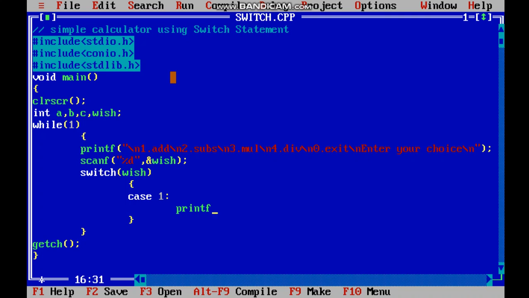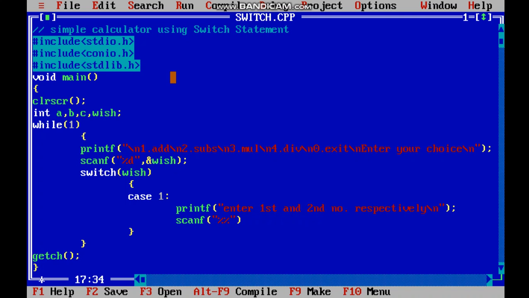A printf function will be there: enter first and second number respectively. And then we'll use a scanf function that will receive from the user.